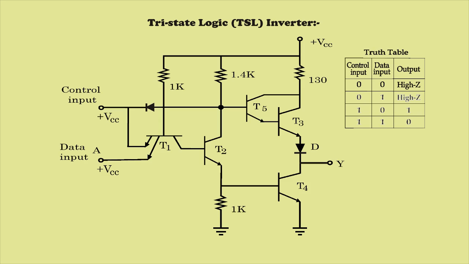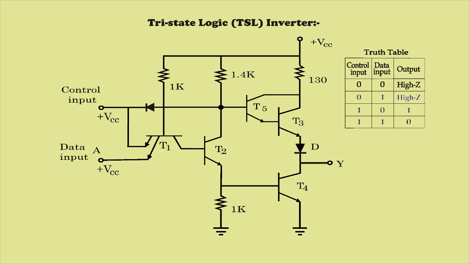It is connected to the base of transistor T2. So all the current is flowing through the transistor's base. So this current will drop the voltage, and this voltage is high enough to turn on the transistor T2. So T2 is getting high voltage at the base, and transistor T2 is on right now. So all the current from the power supply plus VCC through the collector of transistor T2 will move forward to the emitter of transistor T2.